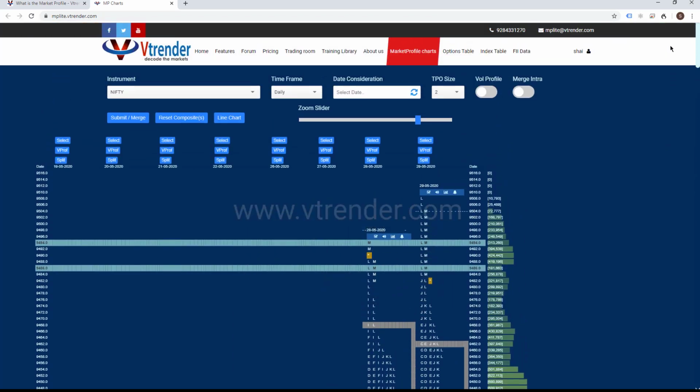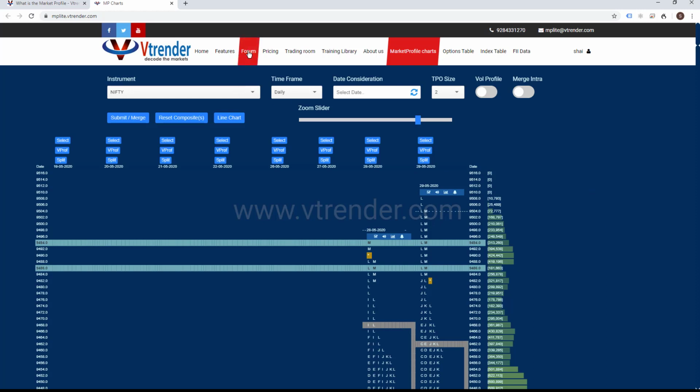So this is basically intended to solve that query which you have about where do I get access to a market profile chart. It is right here in the market profile chart section, and I just want you to open up this section, have a look at these charts and play around with them, and you would get to know a bit more by just playing around with these instruments.